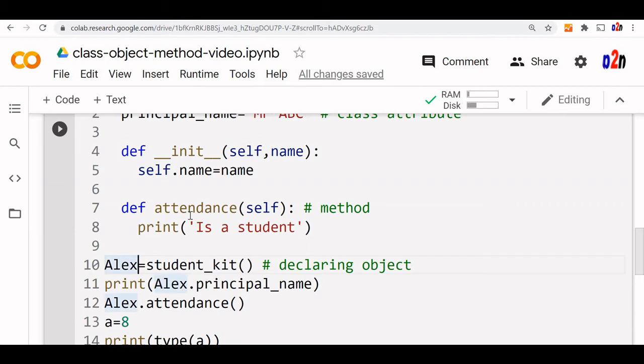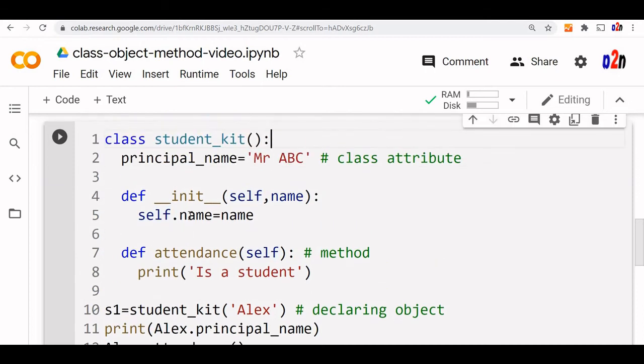Now what happens when I am declaring student as an object. Now let us change this name. For better understanding, we'll change the name. Student kit we are declaring. So here we have to give the name as Alex. S1 is our object name. Now the rest of the things follow. Now we have to give one input to student, because we cannot create a student object without a name. That's what the meaning is. The moment we use the name, the first one is the object itself, and the second one is the variable. The Alex will be passed to the name.